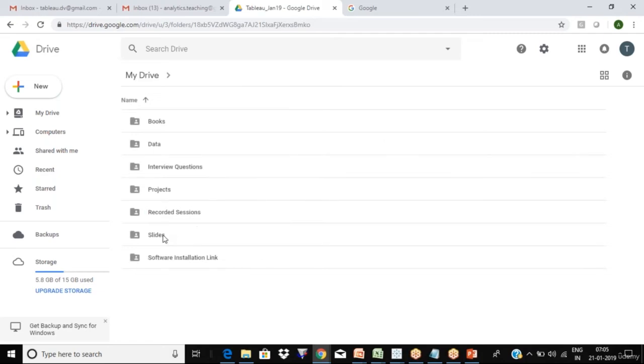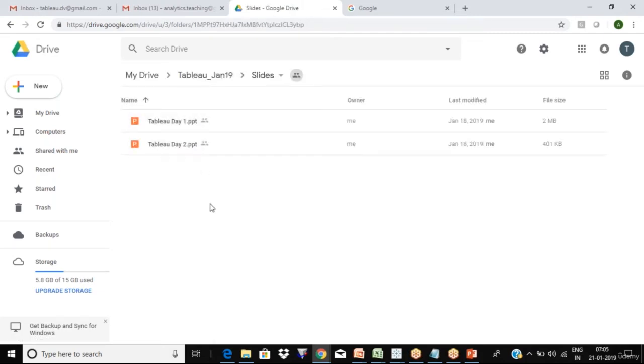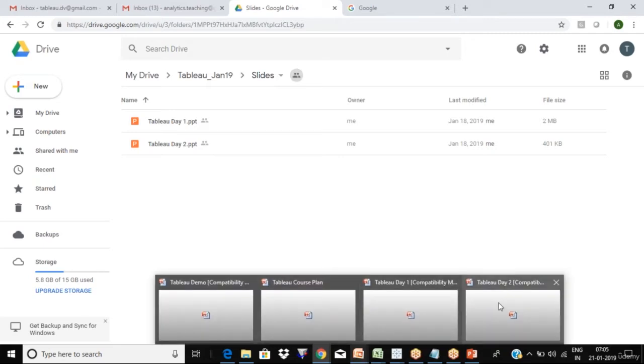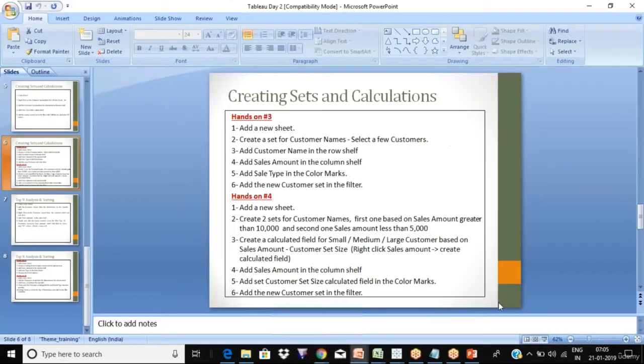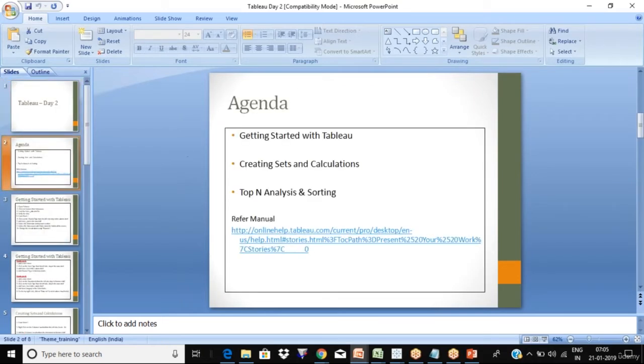And if I go to the slides, I'm putting all the slides after we complete the session. Now if we go to the slide, what we did so far is, how do we get started with Tableau?